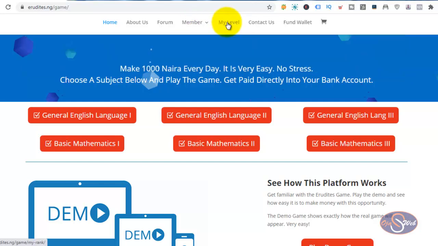On My Level, you'll be able to see your level on the platform, how long you have been on the platform, how often you play games, how much you have made on the platform, and so on. So we have levels from newbie to legend, so you can achieve any of these levels depending on your